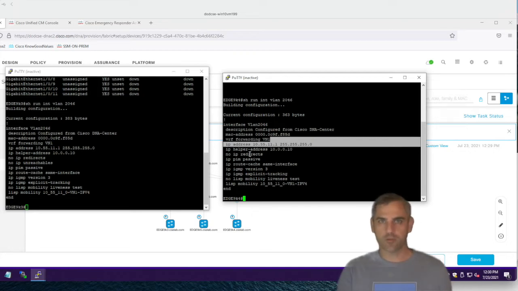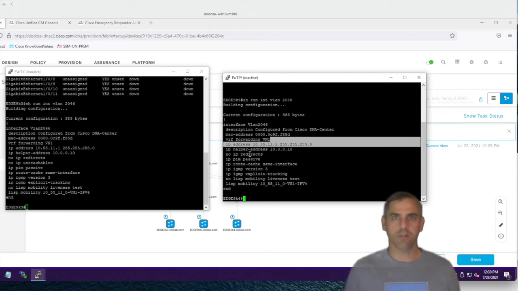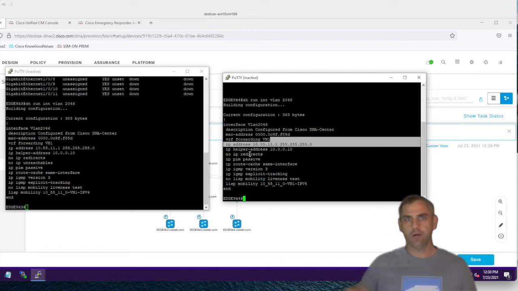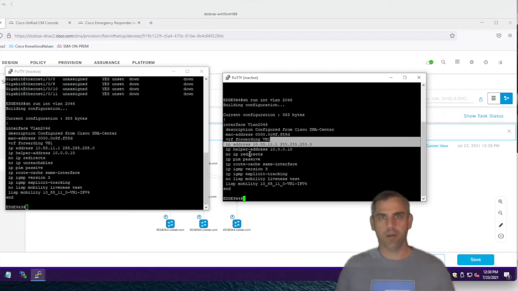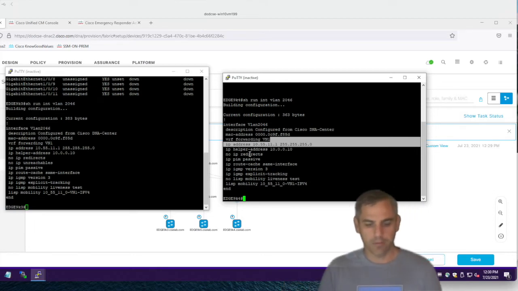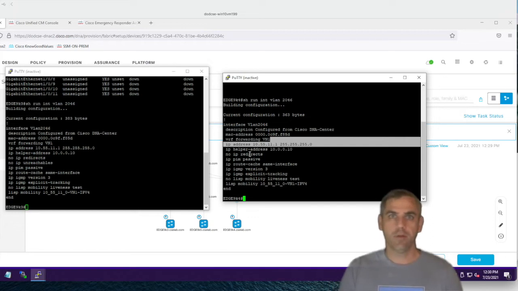And how traffic gets routed across the fabric is a separate conversation. But under the covers, it uses something called Location Identification Separation Protocol. It uses LISP, and that's how it's able to route a packet from point A to point B. But this is key, because this is the kind of environment that you may have to work with to deploy